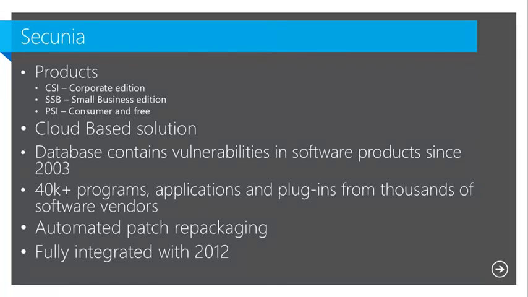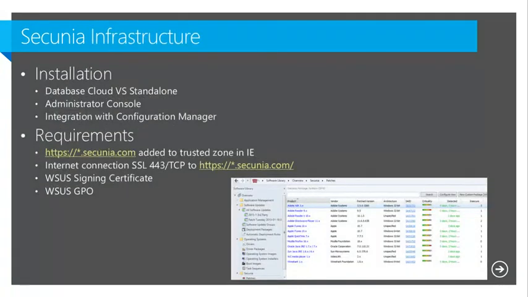It's a cloud-based solution, so it's fundamentally different from what we have just seen in the way that you do not import a catalog. What you do instead is you basically set up the scanning. So you set up a scan. You can either use the software inventory. So you can say, I want to scan for all executables. I want to scan for DLL files. I want to scan for OCX files. And then Secunia will take that information, send it to their cloud-based database, and then they will return the list